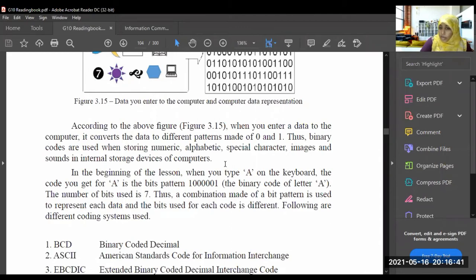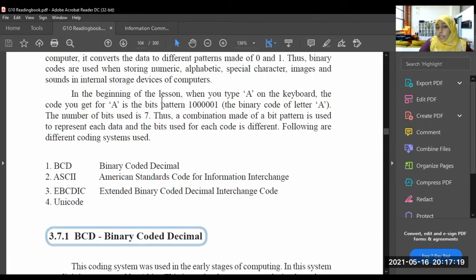So as it is told here, the computer uses binary number system patterns, that is 0 and 1, to represent the data inside the computer. It can be a color, a picture, a number, a text, a shape, an image, a character, or sounds. When you enter it to the computer, it converts it into the binary system and inputs it to the computer.